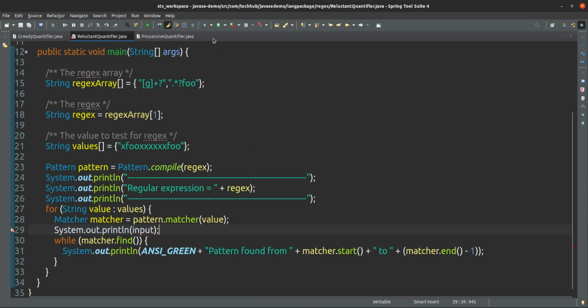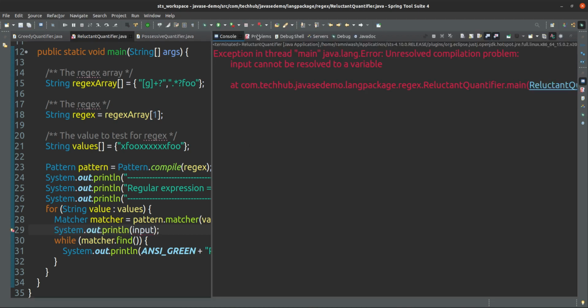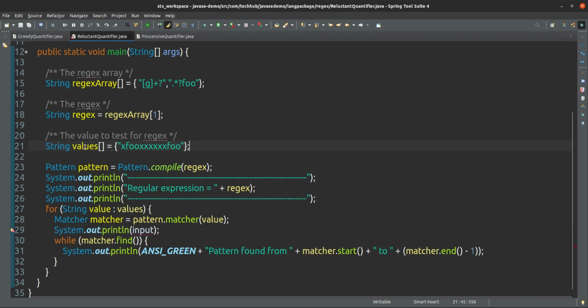Yes, so if I run this one, you will see the input, and that input is this one.